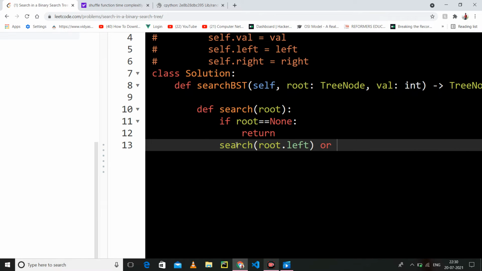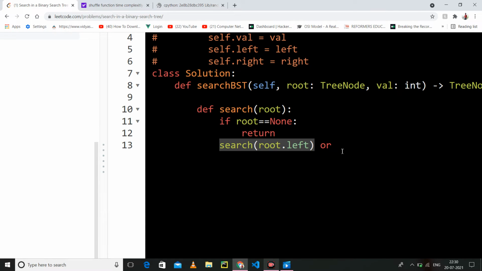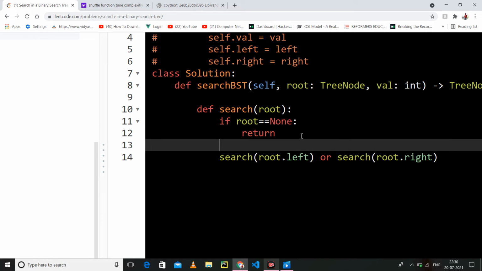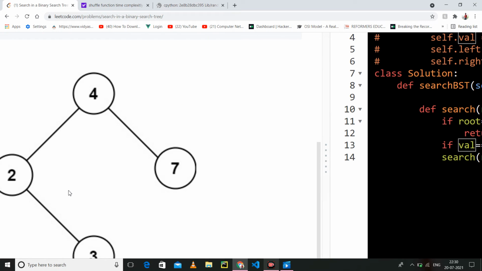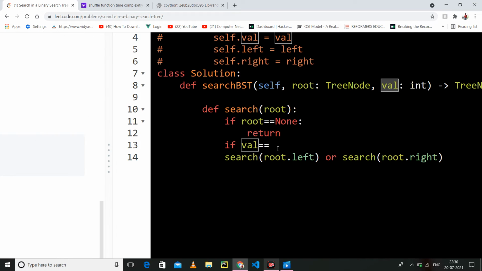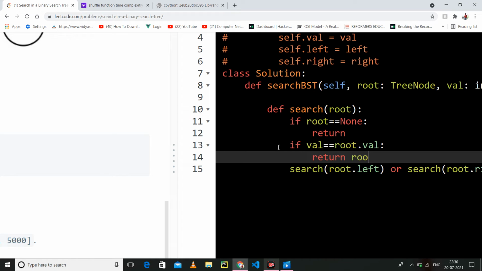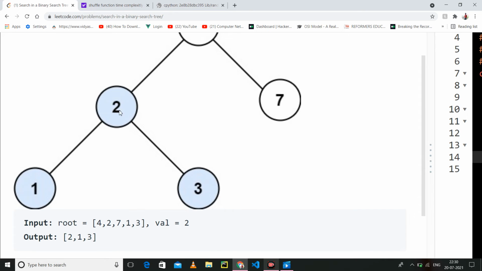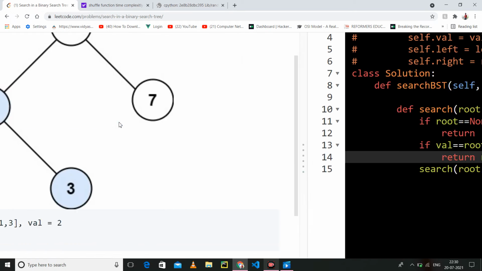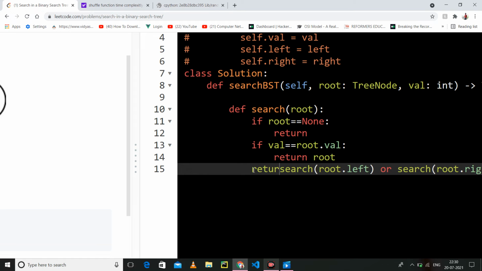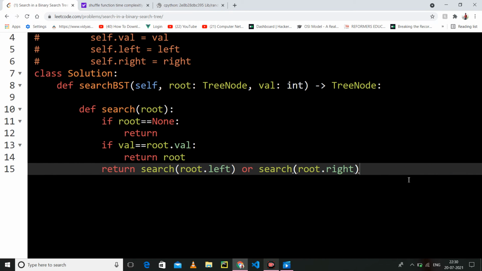so the value could be present in the left side or could be present in the right side. So first we will call for the left, then we will call for the right. During the calls, maybe we could encounter a value which is equal to val. So val is the integer which we have been given here, that is, if this value is equal to root of val, then we have to simply return the root. Means if I encounter 2, I have to return 2 at the same time. So we have to return 2. So the root will come here, so I have to return from here as well.